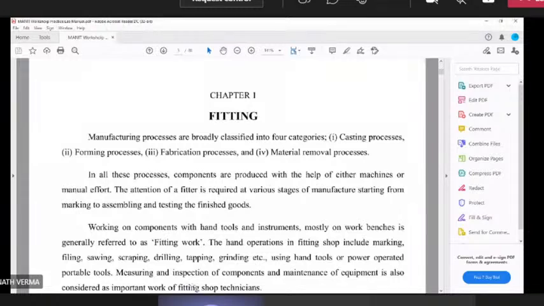So other than this, some of the fitting tools which we have used in the fitting shop, that is our steel rule, hacksaw,